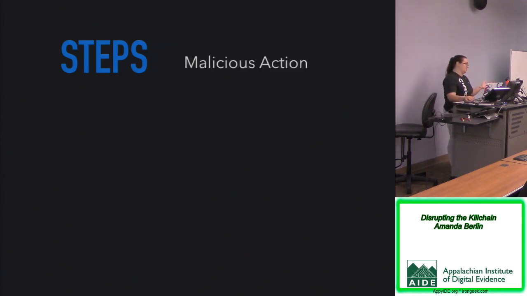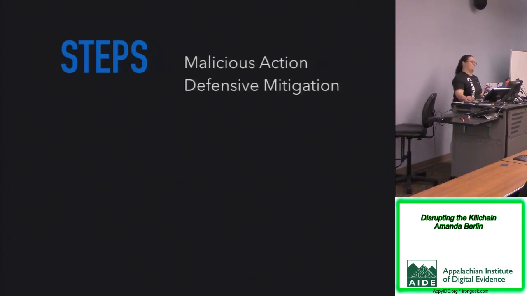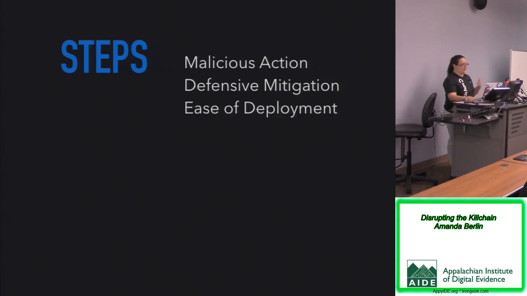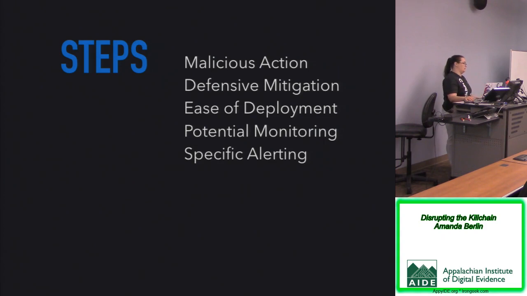So the malicious action, so what happens at each stage. What you can do is a defensive mitigation. A lot of times there aren't defensive mitigations that you can do, but there are other things that you can do, right? How easy it is to deploy those defensive mitigations, and then monitoring and specific alerting. The 3 things that I'm probably the best at are the defensive, the monitoring, and the alerting. It was harder for me to learn what happens at each stage of the attack, but that's why I have a bunch of red teamer friends, because they can actually tell me,